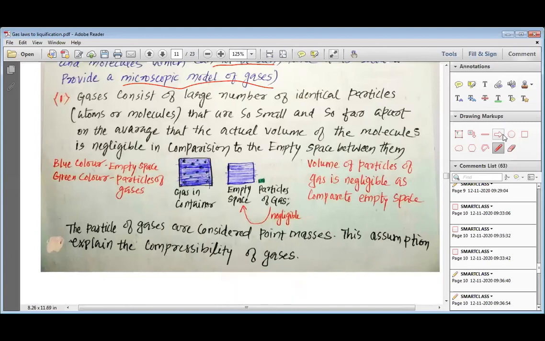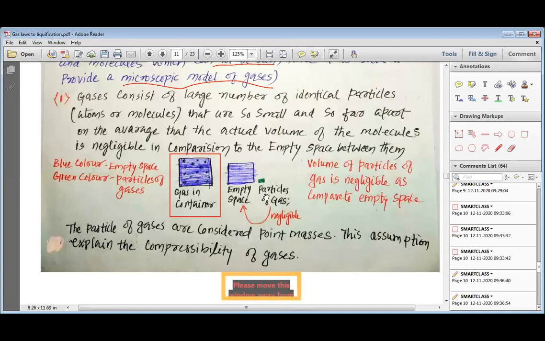Now you can look at this figure, my dear students. This is what I am talking about. This is the gas container. The particles of gas are represented with green dots and the empty space is represented with blue shading. Now if we divide this gas container volume into two parts, we have one part which is the empty space, represented with the blue color, and all these particles, or dots,